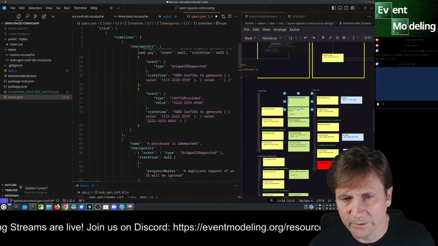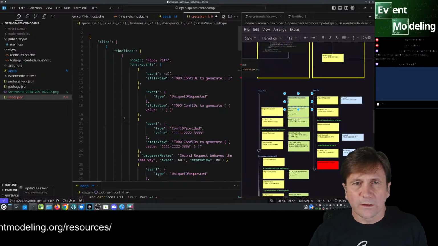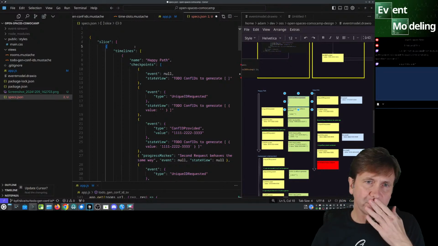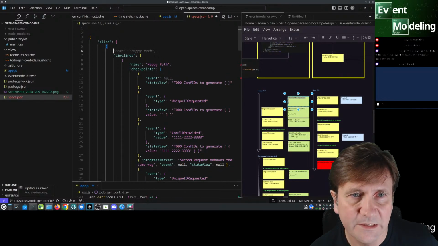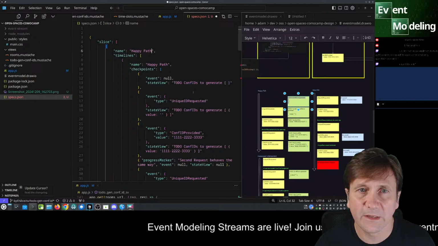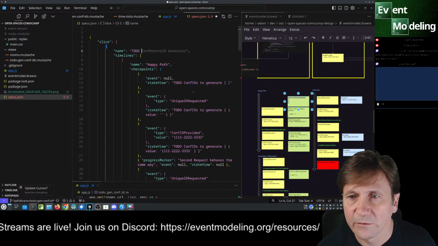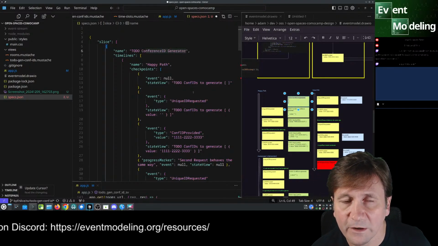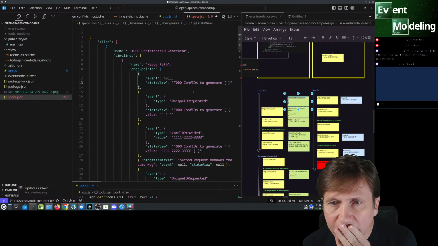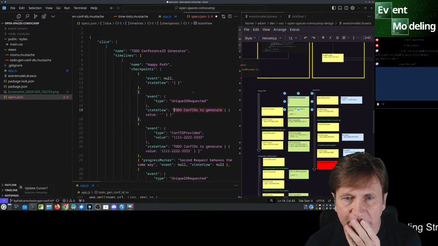And so the other problem here is that this is only testing one thing. So the slice is actually testing the slice has a name. Why did that get rid of that? Okay, no, the slice has a name, and that is the to-do IDs. To-do conf ID generator. That's what it is. So now we could just have it as a blank because that's up there. So that's repetitive.